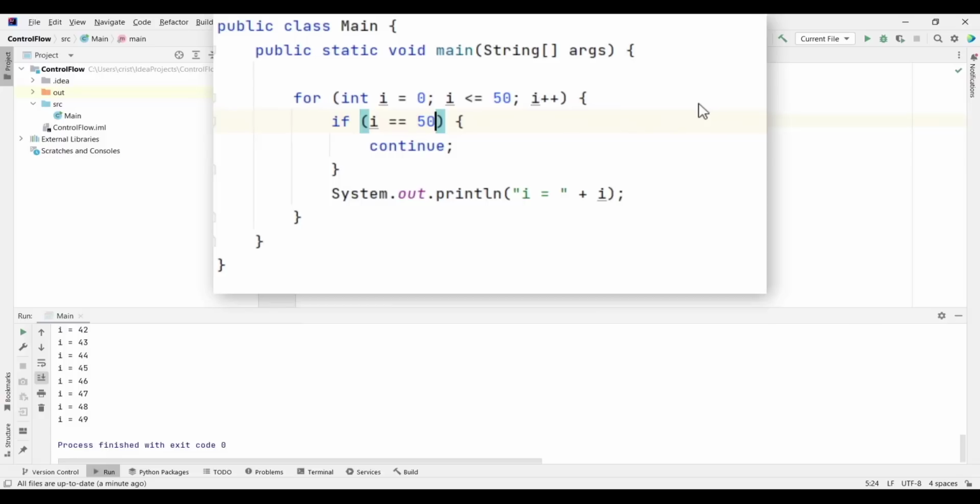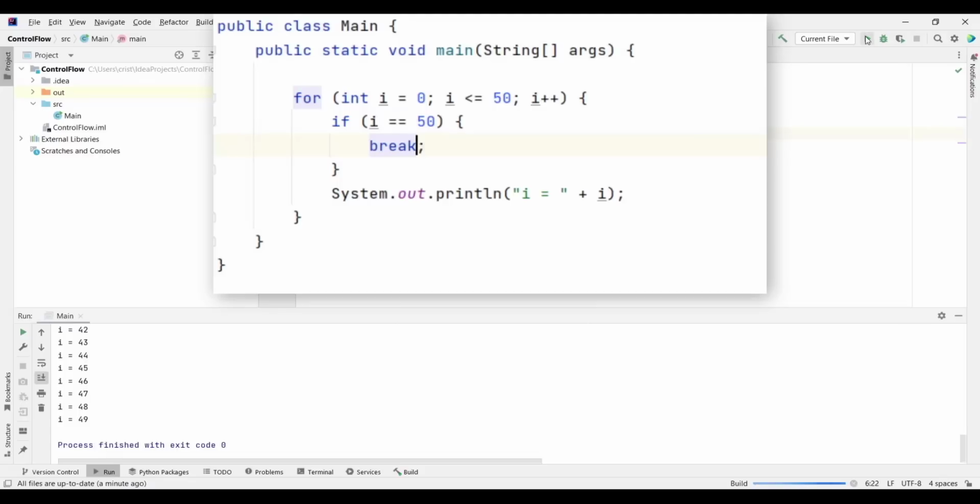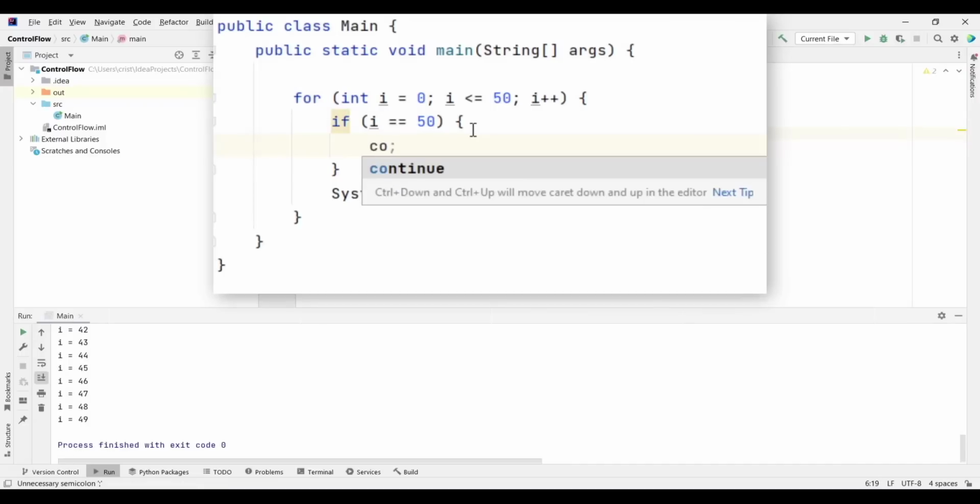And to show you more clearly how the continue keyword works in comparison with the break keyword, I'm going to change the condition if i equals 50, because now if you look at the output, it is the same output like when you had the break here. So if I put break here, and if you run this, we have the same output. So it's not illustrating correctly what is the difference between the continue keyword and the break keyword.